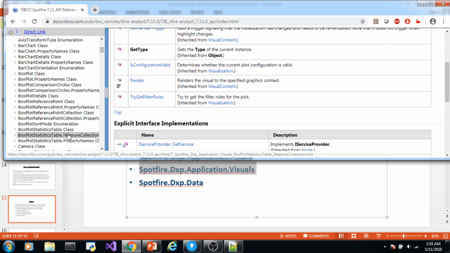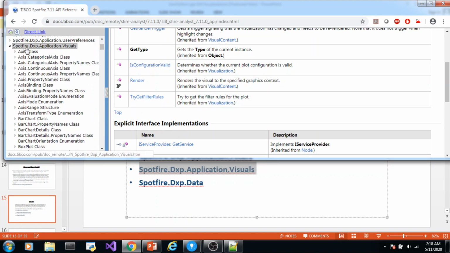So whenever you use a method or a function related to a visualization, you should include that library, Spotfire.Dxp.Application.Visuals. By including this library, I mean all the classes or only the required classes from this library. That's up to you. For example, if you are working on a bar chart, from this library you can include only the bar chart class and leave out the rest. If you want to include all the classes, you can include all of them using star. We'll see how to do that.